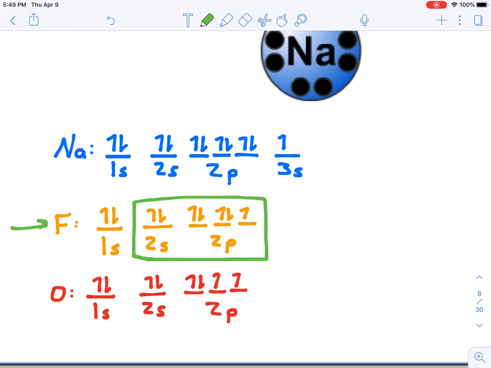2 plus 6 is 8. That's where we get the octet rule from. If fluorine can acquire 1 more electron, it's going to be really happy. That's why we would predict that fluorine always forms -1 ions, meaning it has gained 1 electron. Why? Because if it can always gain 1 electron, it's really happy. So fluorine doesn't always form ions, but if it does, it almost always forms a -1 ion, and we call